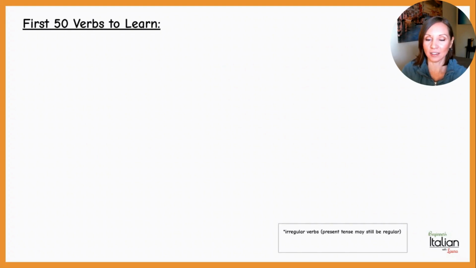I also want to tell you that if the verbs are starred, it means it's an irregular verb. These may be regular in the present tense, but I still put a little star by it in case it's irregular in, say, the past participle, which is the case for a lot of these, or in another tense. If you look it up, it'll probably say that it's an irregular verb, but it may still be regular in the present tense. So you just have to look them up and see how they're conjugated if it's marked as irregular.